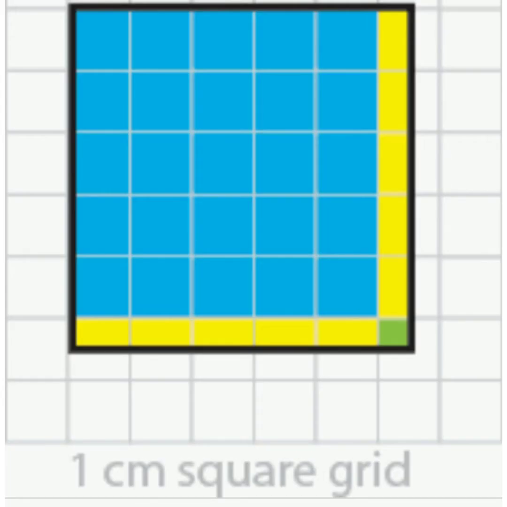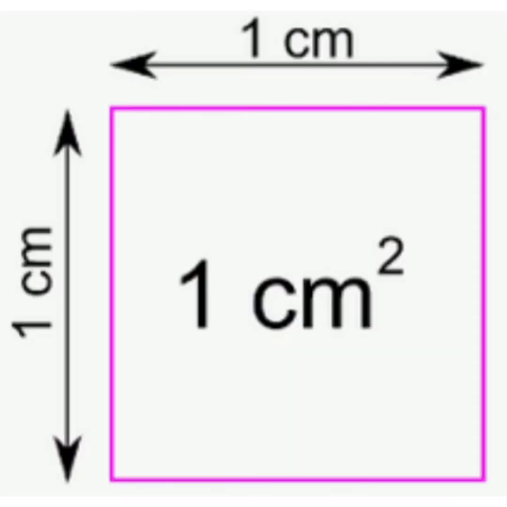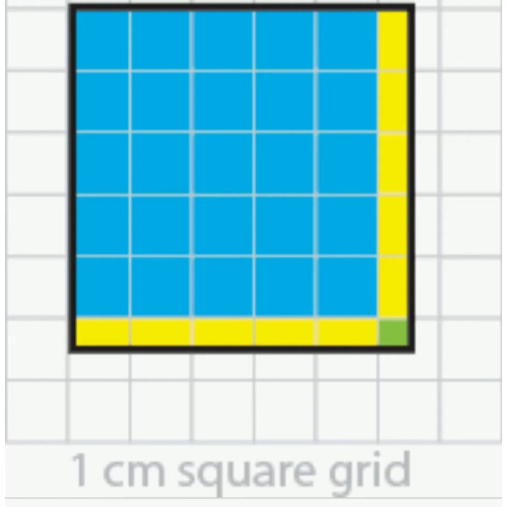Next one is measuring irregular objects using graph paper. We can find the area of a regular shape using a square centimeter grid, which is made of squares of side 1 centimeter, each grid having an area of 1 centimeter square. A graph paper is used to form a square centimeter grid.